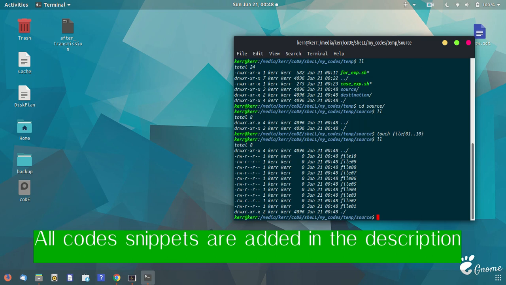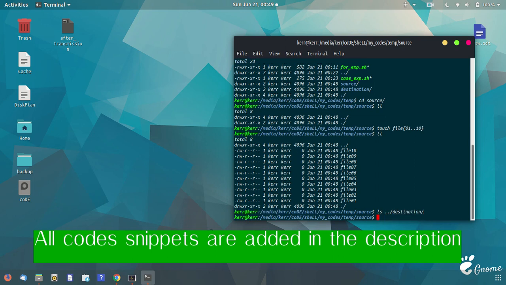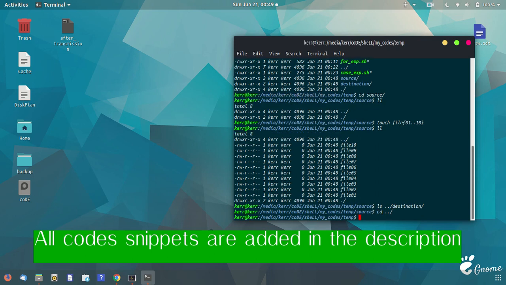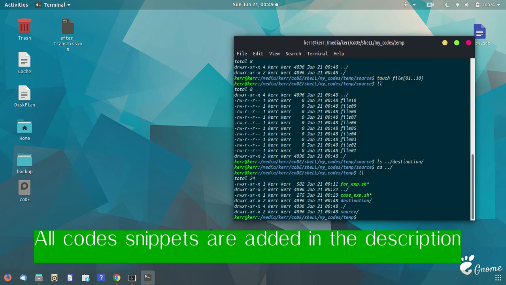So these files have been created within that source directory, and let's check whether there is anything within the destination directory or not. So there is nothing within the destination directory. So now let's use the rsync command to copy the files from the source directory and synchronize it with the destination directory.